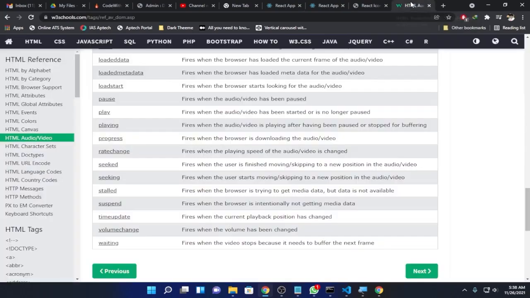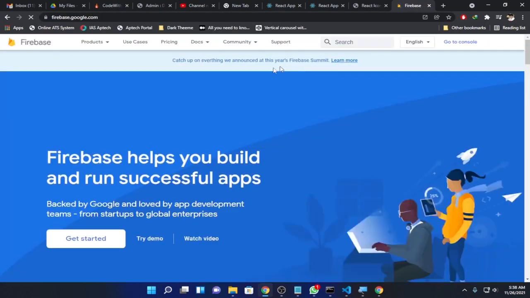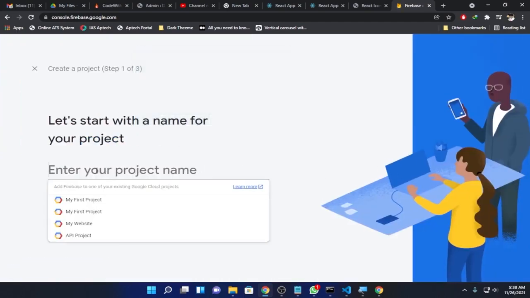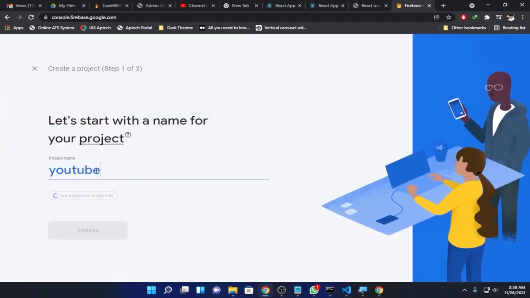So all we have to do now is create a Firebase project and host it in Firebase. So open up your Firebase and go to the console and click new project, and then give a name for your project. I'll just give YouTube Spotify clone, and then create